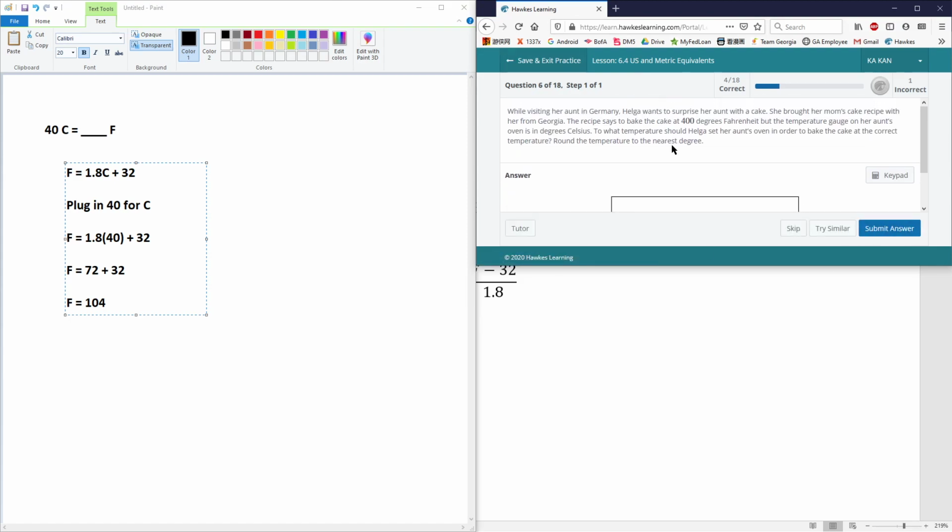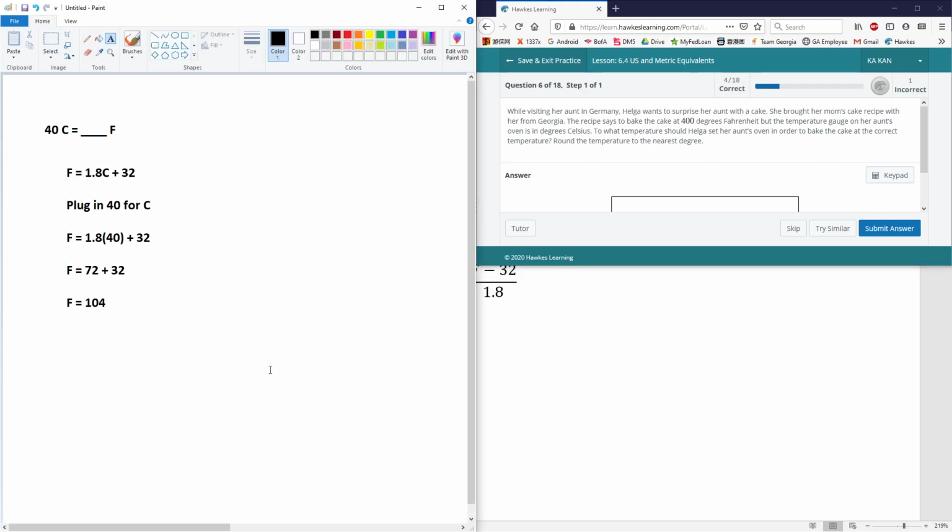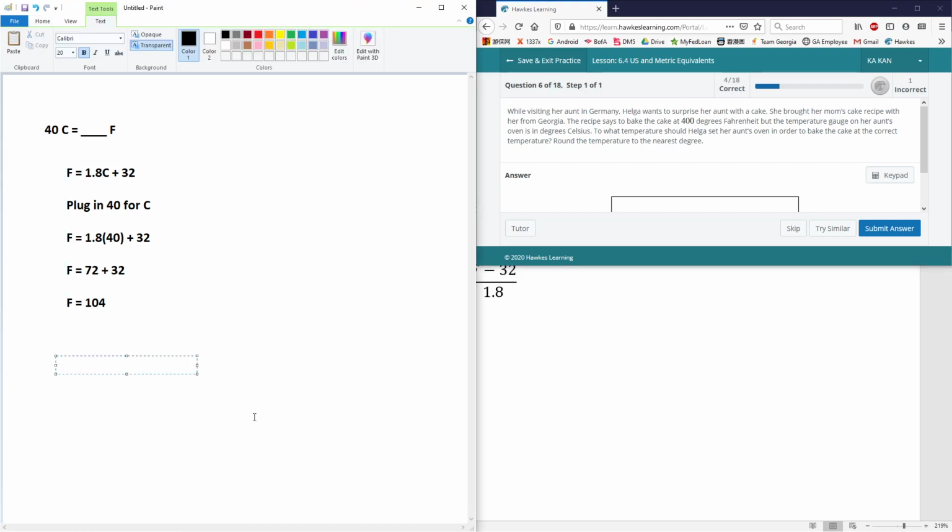So this one is a very wordy problem. Basically, this lady went to Germany and she needs to bake some cake at 400 degrees Fahrenheit. The problem is that often it's in Celsius because that's in German. So 400 Fahrenheit. Let me type it down here. We want 400 Fahrenheit equals to how many Celsius here? So that's the opposite. Well, that's alright because